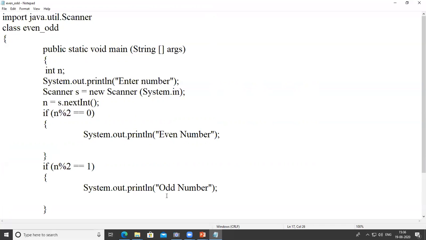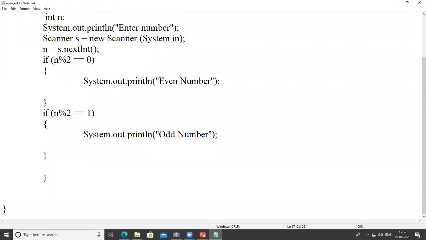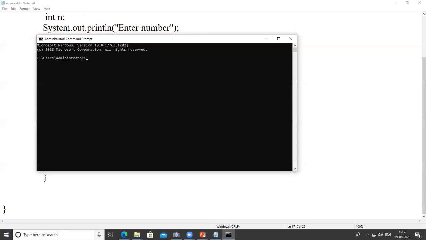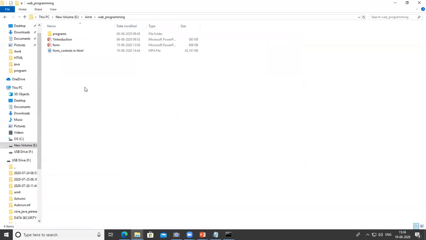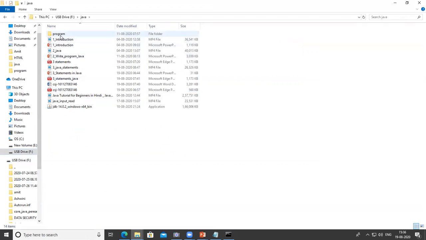So I use two if statements, in which I check the condition. Save the program and check the output on the command prompt. So I go to the command prompt. Here I have to change the drive. Write cd slash capital D, and I go to the folder Java programs.